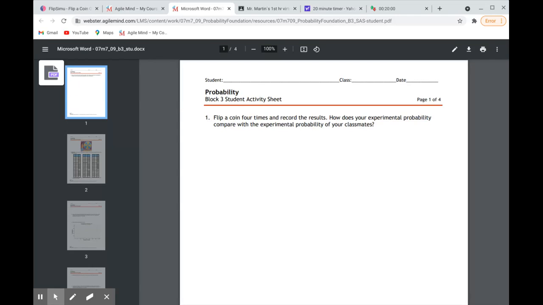So we're on page 277. Does that sound right to everybody? Yes, sir. All right. So you're supposed to flip a coin 4 times and record your results. And it says, how does your experimental probability compare with the experimental probability of your classmates? So